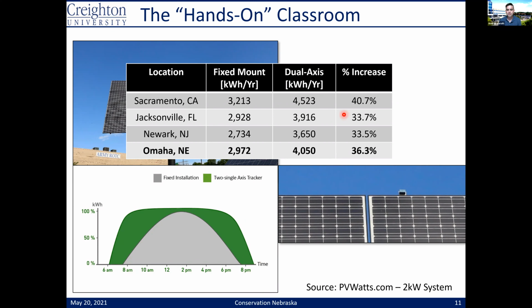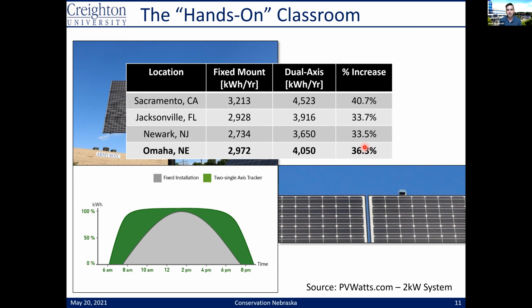So here are some locations that might show you how it differs across the country. But importantly, in Omaha, you can see upwards of about a 35, 36% increase in efficiency. So that was great, and people thought trackers were going to be really important. Now, it turns out that the price of solar panels has dropped about 80% since this time, and so trackers have kind of lost their favor because there's a lot of mechanics and it's an extra cost. So if you have the space, most people just go with a fixed array.